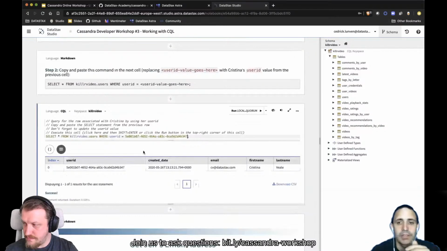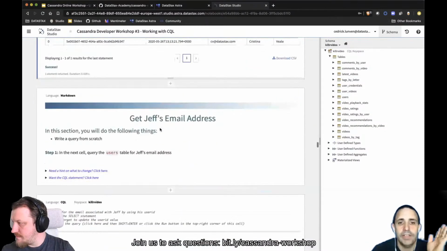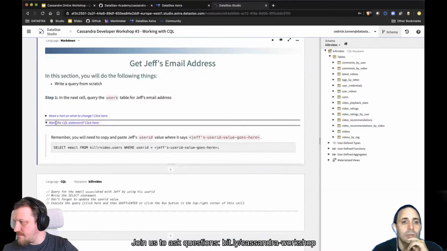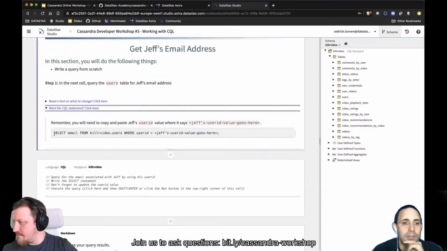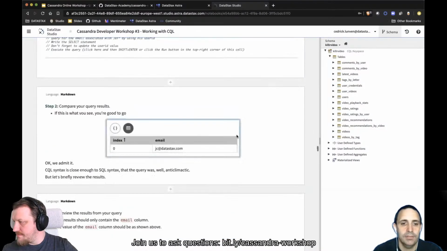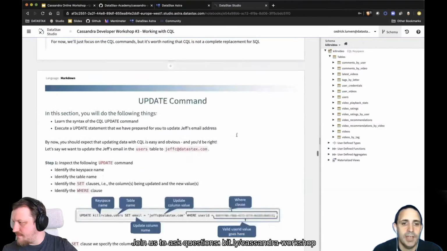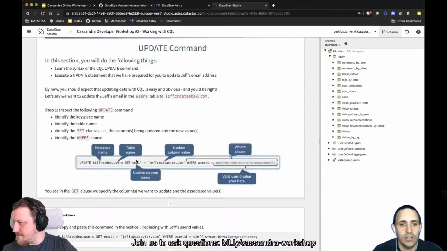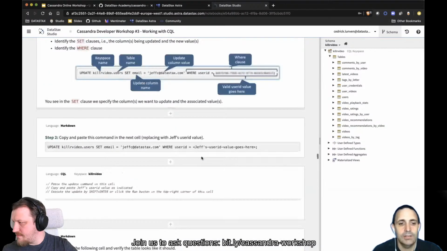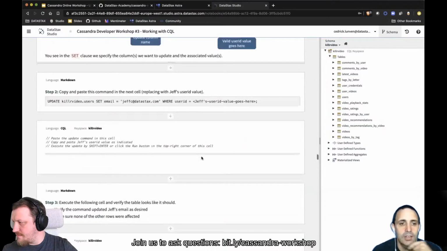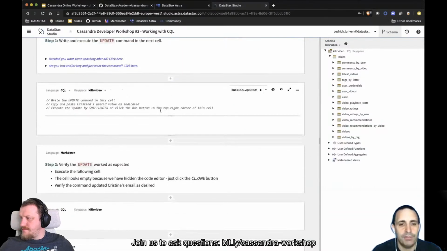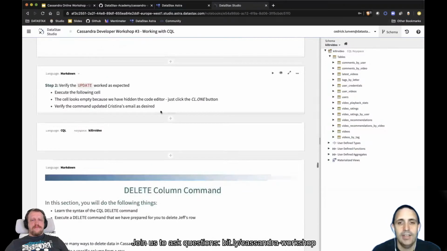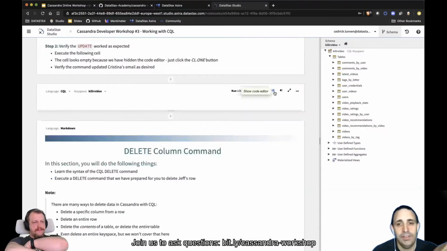Okay. And again, it's very well detailed. I won't go too much into the detail, but you do the same for Jeff. You can update, either single column: update set email equal, okay, and get the result. You will update both Jeff's email and Christina's email. See that you have updated the row, update set, very easy, just copy paste.